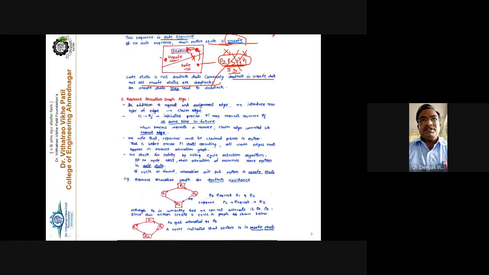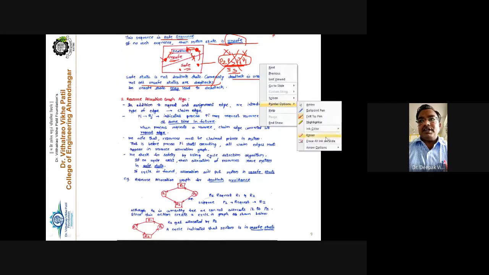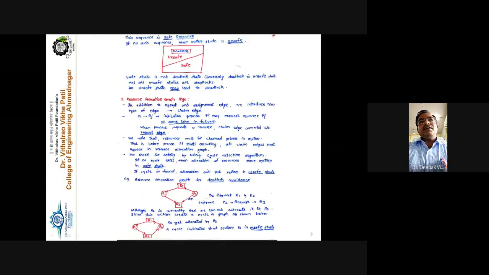If I say here is my system state, here I can say it is unsafe. Yes, 100% it is unsafe, and there are more chances that it will go toward this one because it is nearer to the deadlock. But if my system state is here, I can say that my system is very safe, and there are fewer chances to enter into the deadlock state. Getting this point? So this is the same. An unsafe state may lead to the deadlock state. Definitely, if it is unsafe state, it has more chances to get into the deadlock state. That is all the discussion about the safe sequence of the process execution and safe state.